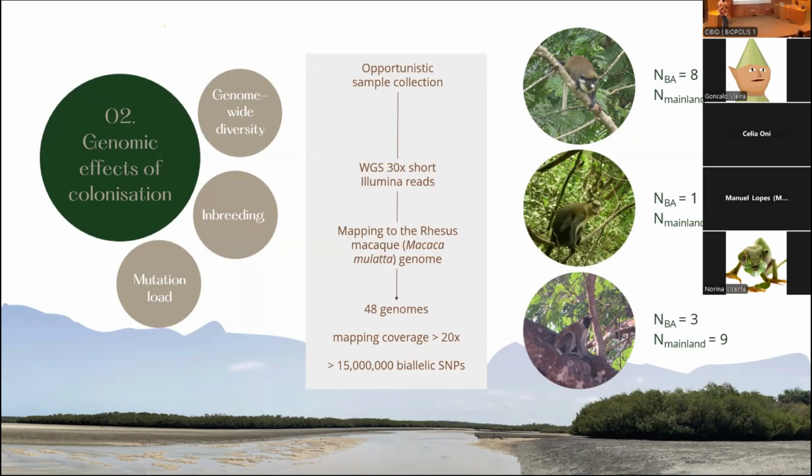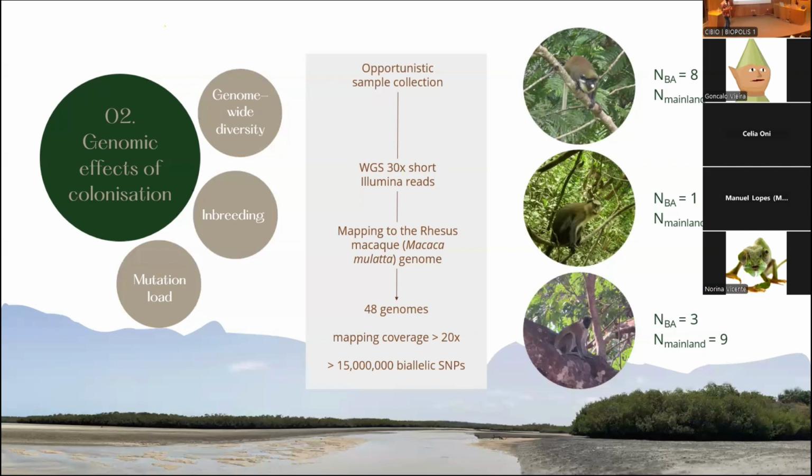In here, of course, the most important species for conservation is the spot-nosed monkey, but we have a big issue with the spot-nosed monkey, right? To do a comparative study between what happens on the mainland versus islands, we cannot really find them on the mainland. So for that, we had to use a previously published genome of another spot-nosed monkey from elsewhere in West Africa. But then the question is, how can we know that pattern is reliable, considering that this can come from a population that diverged, we don't know how many thousands of years ago.